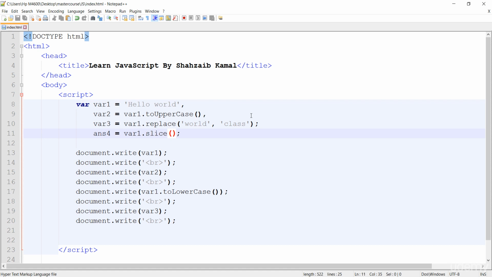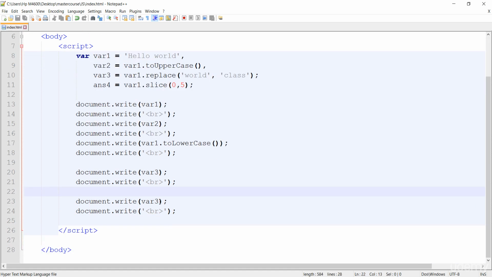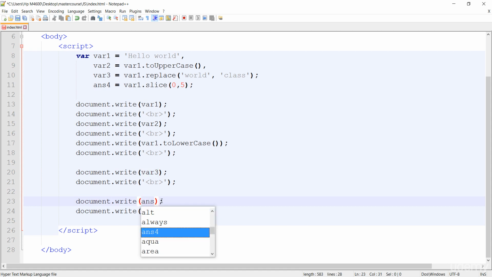string. For example, I just want to get the hello from the hello world, so we just need to type the position of the starting to the ending. I just want to start from 0, the h is 0, and I just want to end at 5. So simply just copy that and paste there. Okay, now I just want to get the ans4, sorry, the 4, and